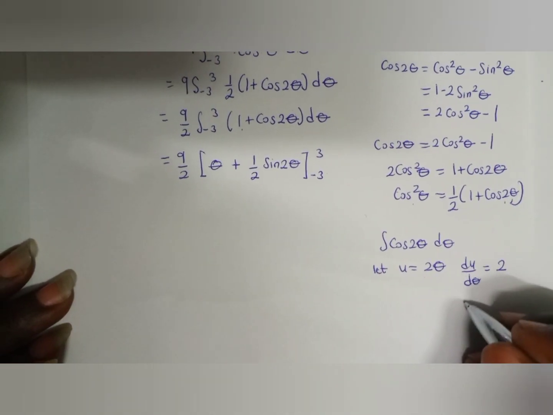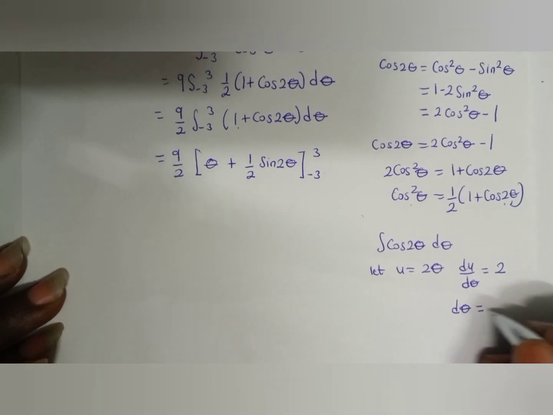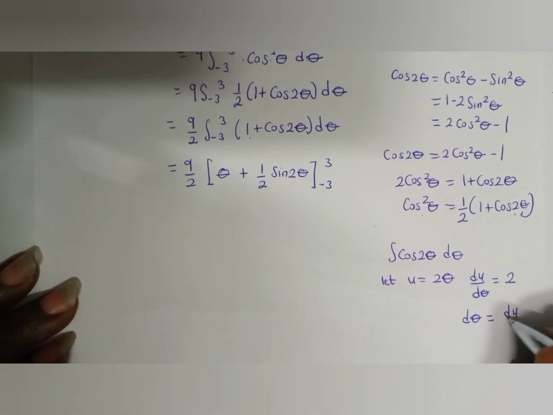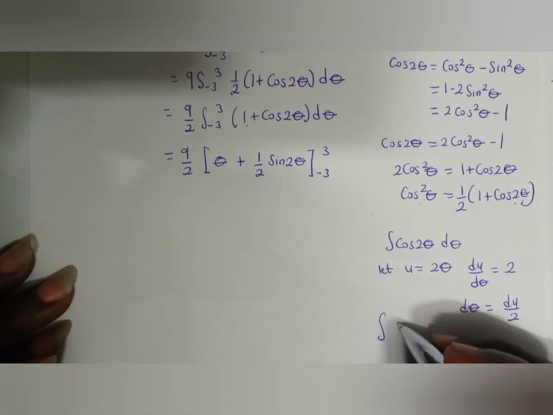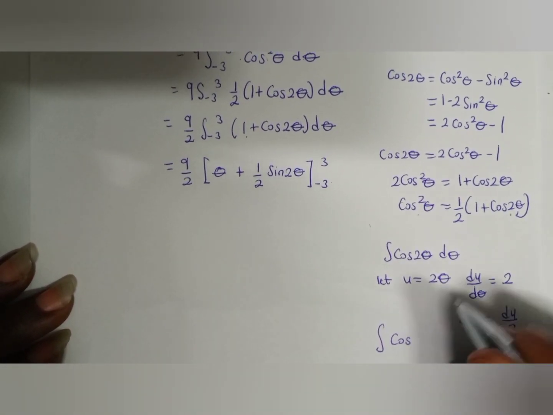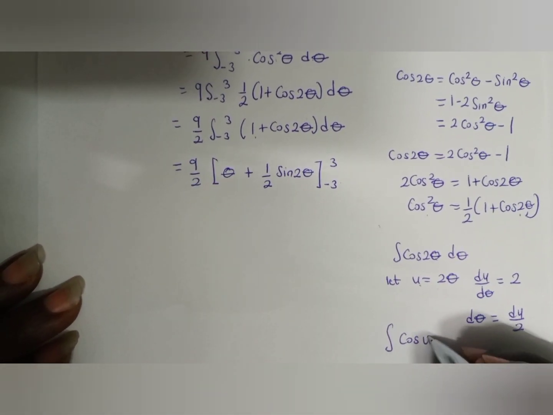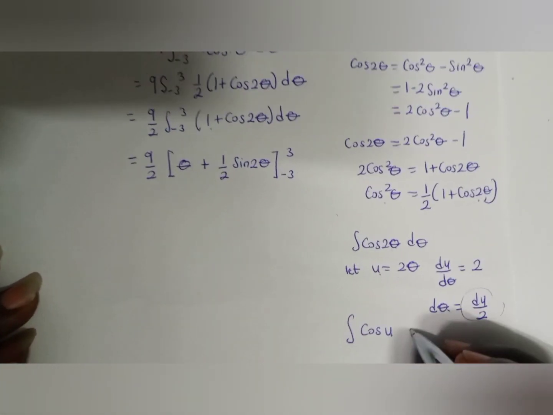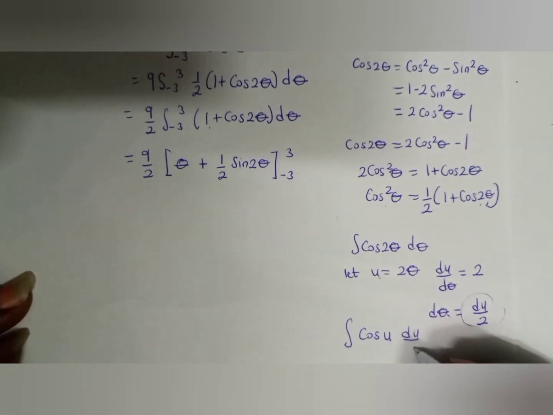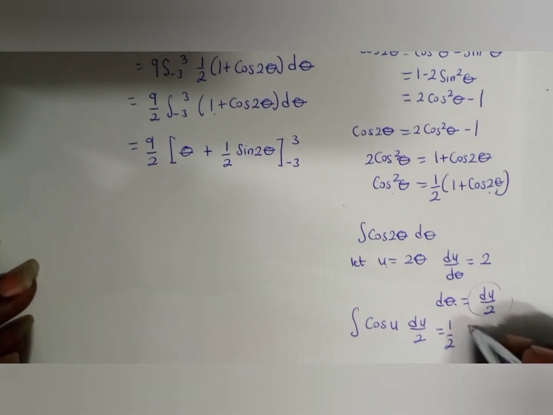So this means that making d theta the subject, we are going to get du over 2. Okay, so of course, we know that 2 theta is equal to u. So u, then d theta is equal to du over 2, which is equal to 1 out of 2 the integral of